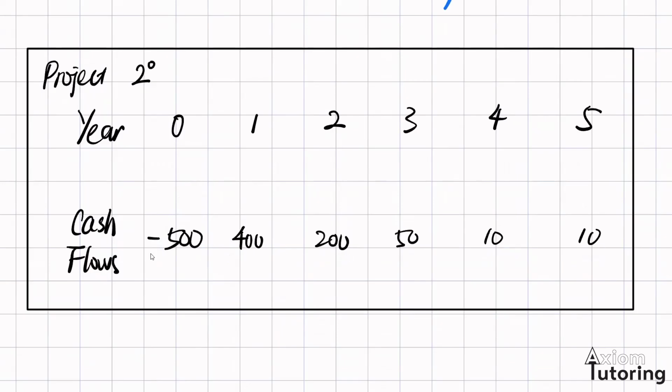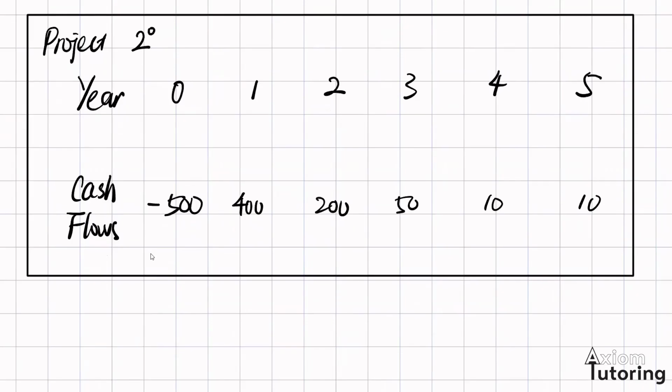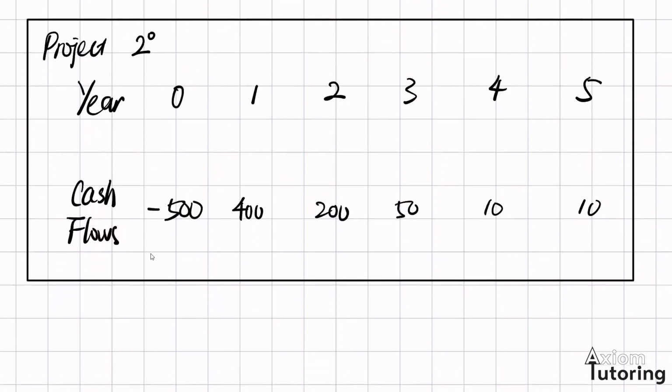So how do we calculate the payback period? So we need to reclaim that 500. So is it going to be reclaimed during the first year? No, that's only 400. Is it going to be reclaimed at the end of year 2? Not quite, because I would have accumulated 600 here. So I'll only need 100 out of that 200 from the second year to reclaim the initial 500. So the payback period should be 1 year plus 100 over 200, which is 1.5 years, or 1 year, 6